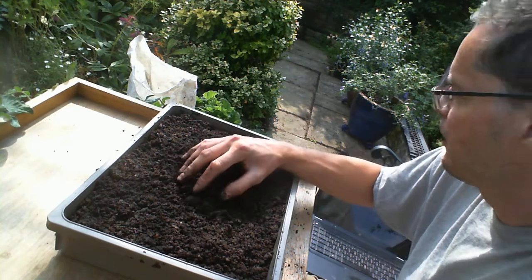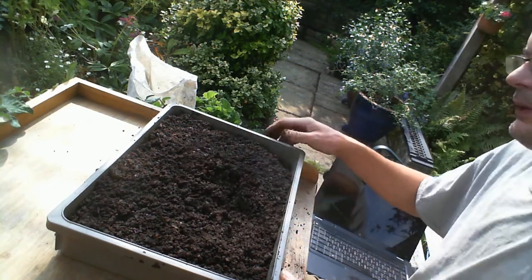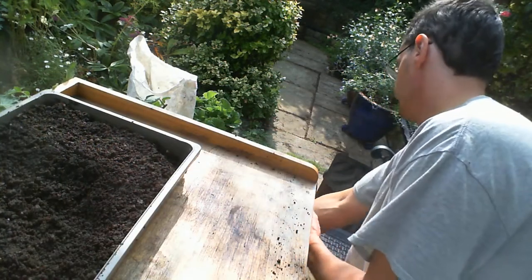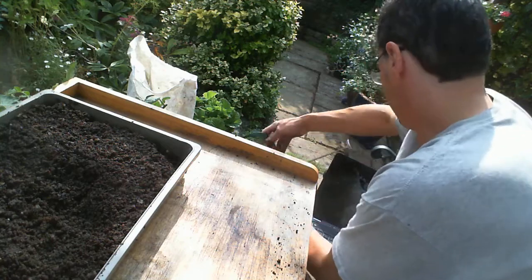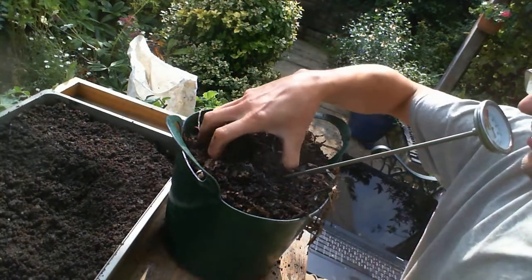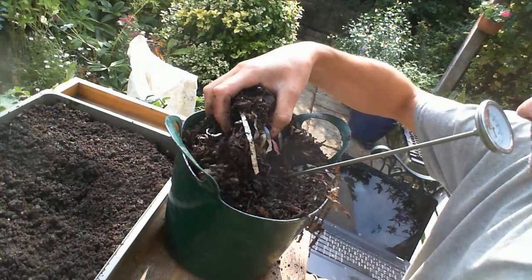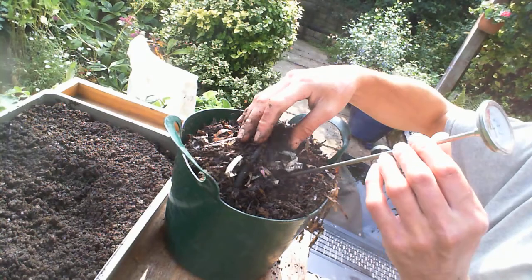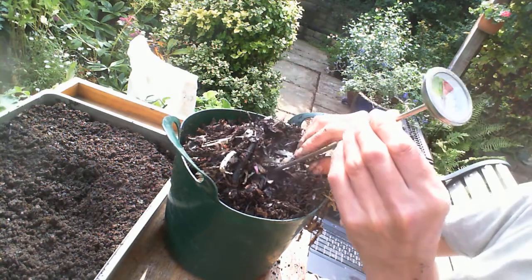So I pre-compost the brewer's waste, the wood chip and the spent grain and the hops, and what does it look like? This is really hot still. This has only been composted a couple of months. It came out of the bin, I don't know if you'll be able to see,